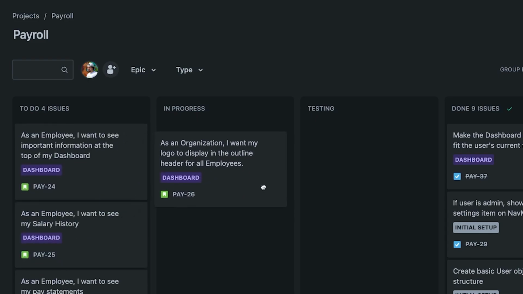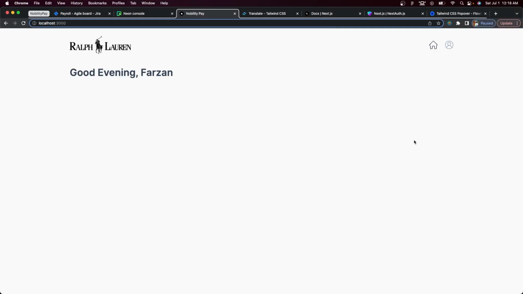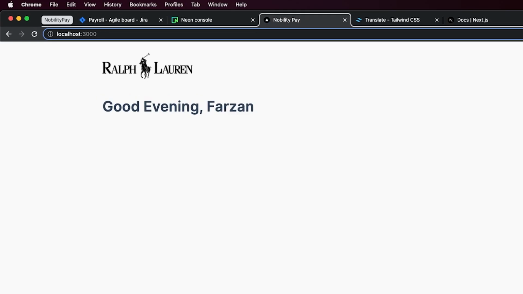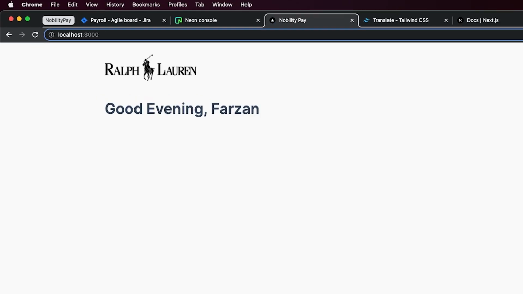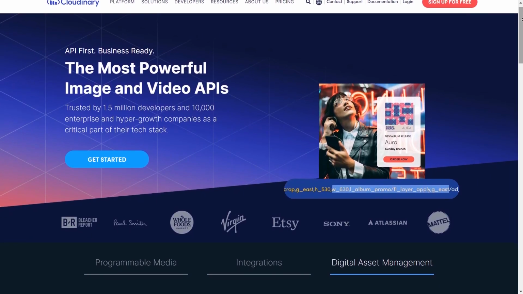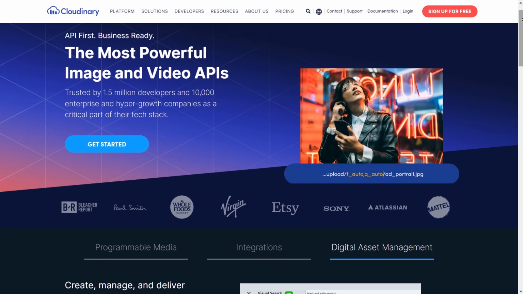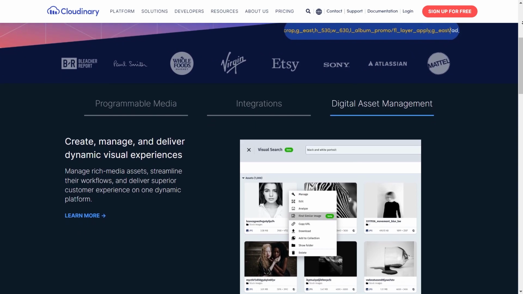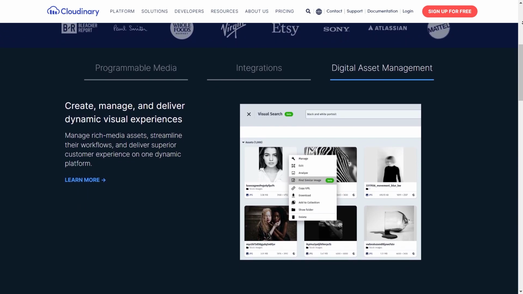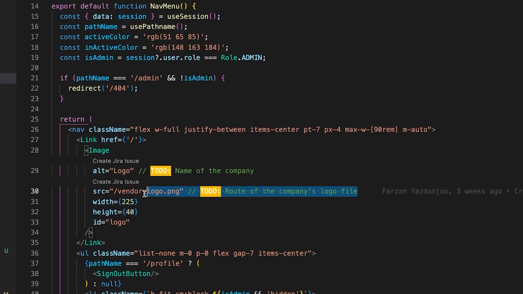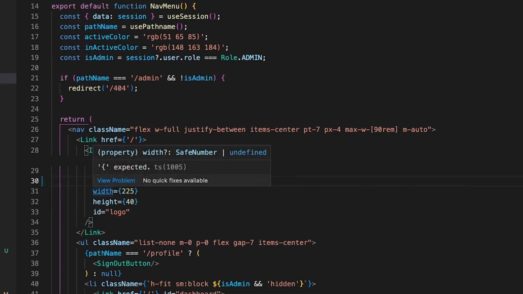Next up, our customers will want to upload their own logos and have it display for their employees. As they may want to change the image, we can't just store their logos on our codebase. Instead, we can use an asset management service like Cloudinary to upload and retrieve images on our app using their APIs. I quickly set up an account and manually uploaded the Spotify logo to see if it would actually display